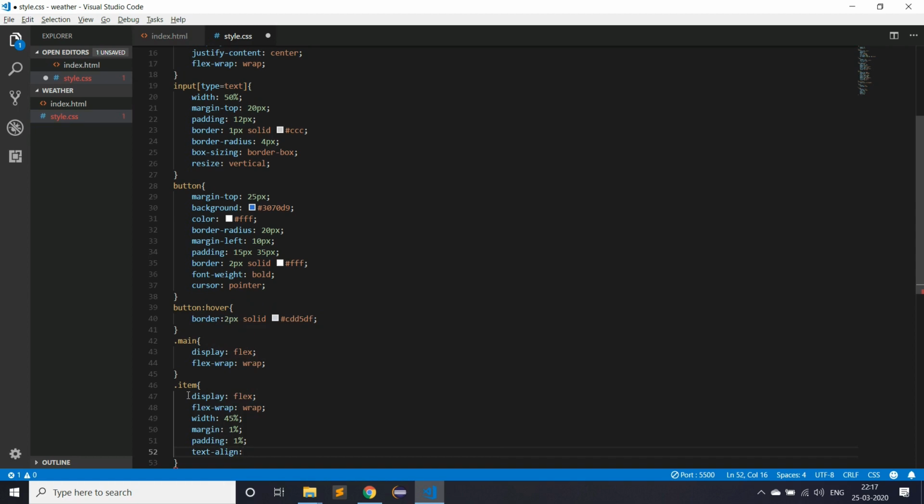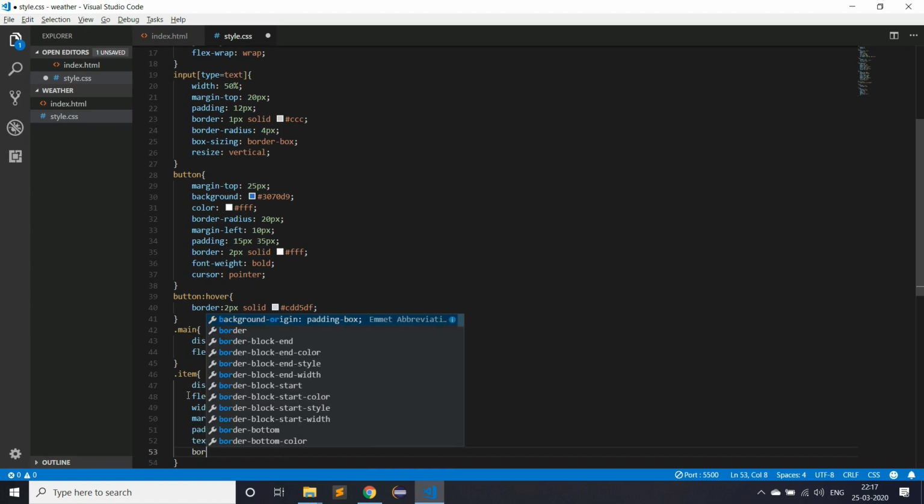So text align center, so the content will be aligned to the center,